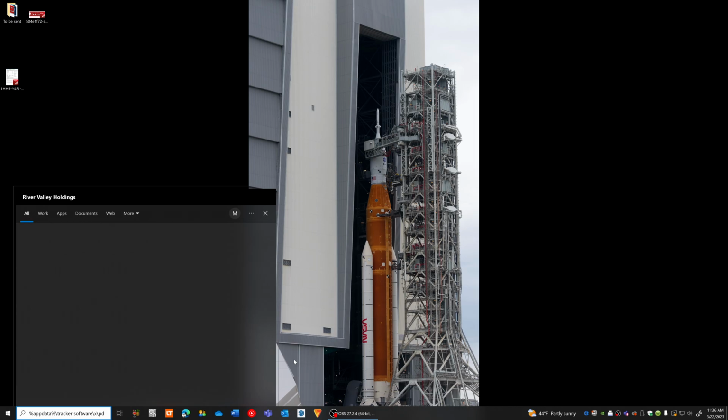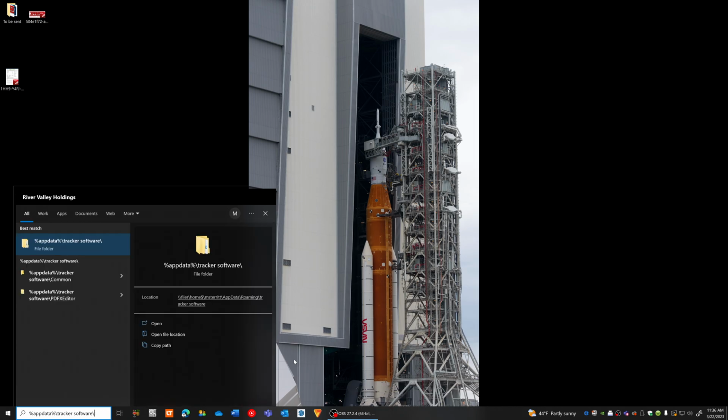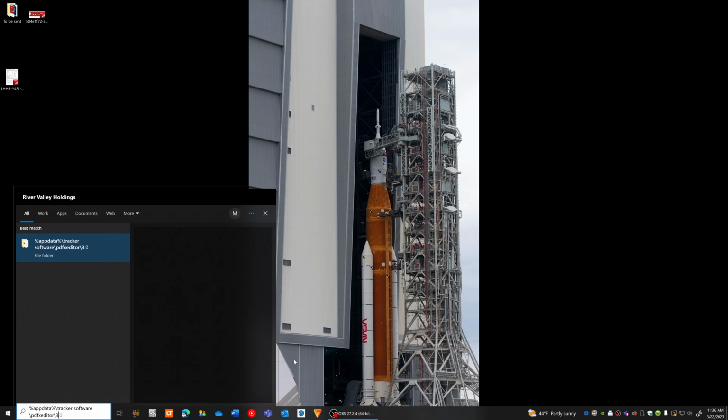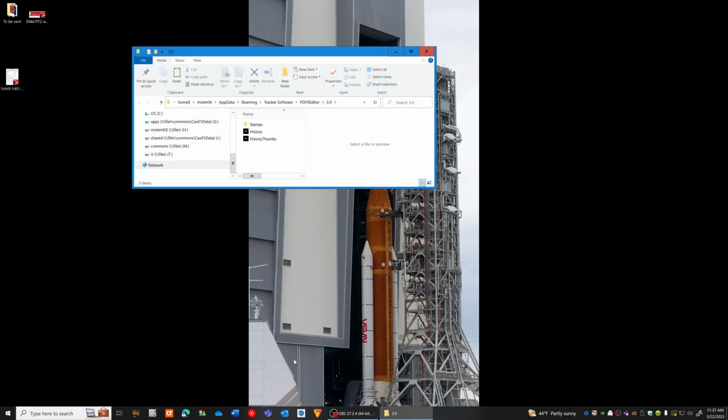PDF, oops, PDF XEDITOR slash 3.0, and then you're going to hit enter, and it's going to bring up this folder right here, and